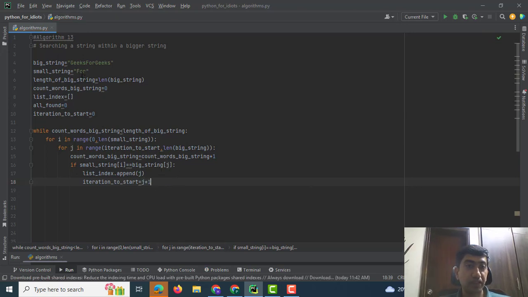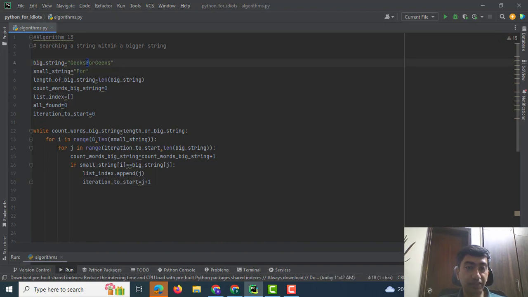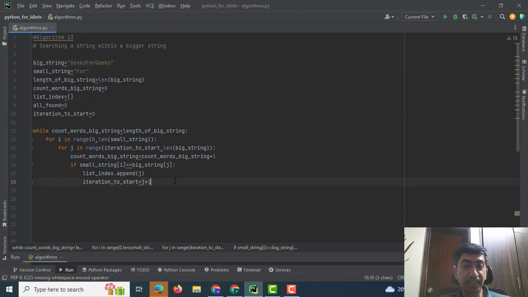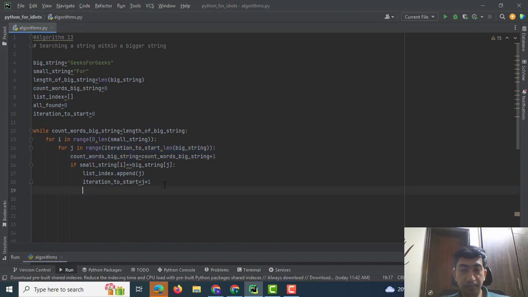Because you see, for example, this f has been found at this particular index of j, so next I would want the j to start from o, not from g, so that's why it's j plus 1, right? And when this f is found within this f, then I would want to break out of this for loop. I would say break. Okay, however,